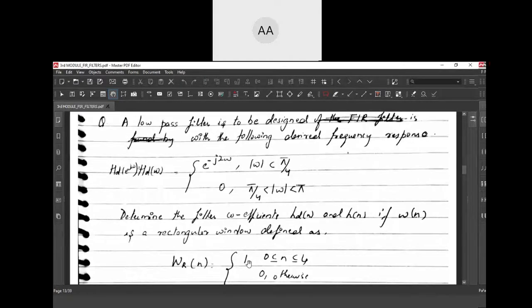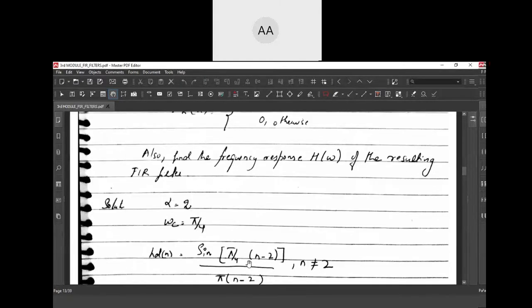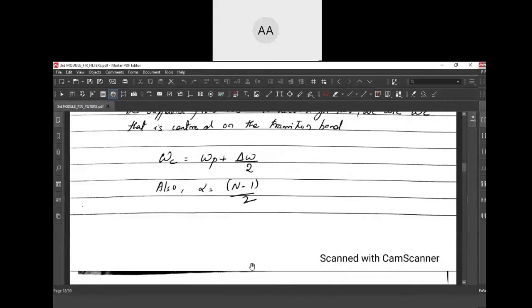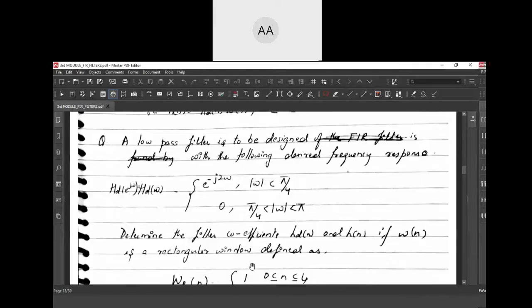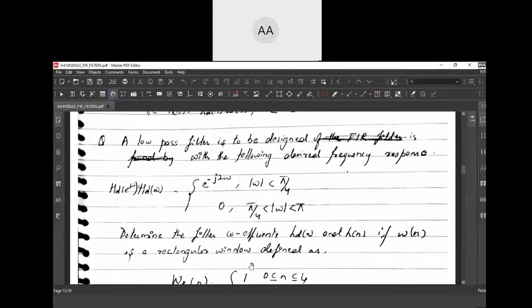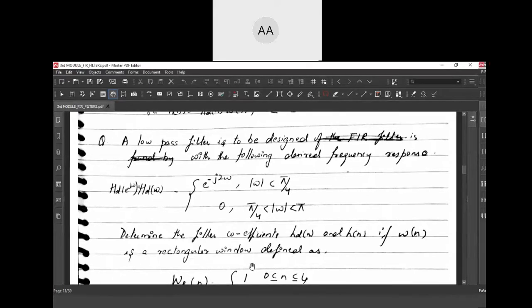So we will solve this problem. I will solve it, no problem. Now, you just copy down the question. A low pass filter is to be designed with the following desired frequency response. Write down this question. In this problem, everything is mentioned.